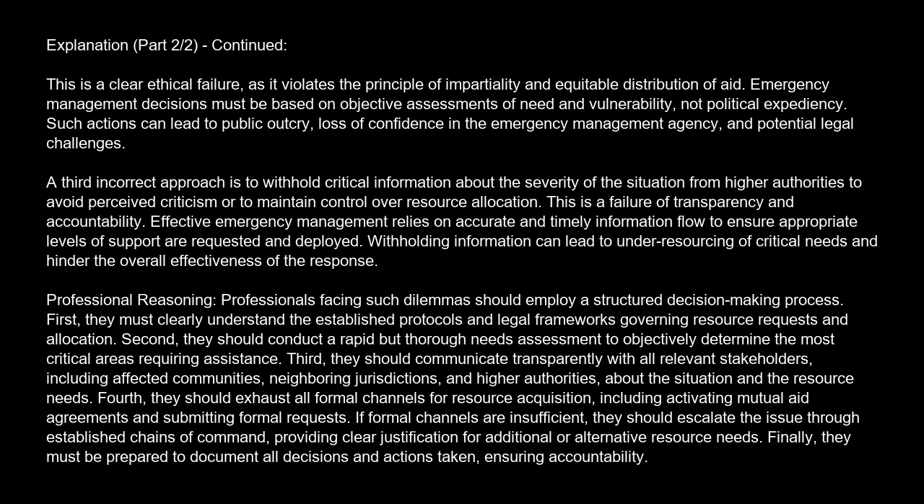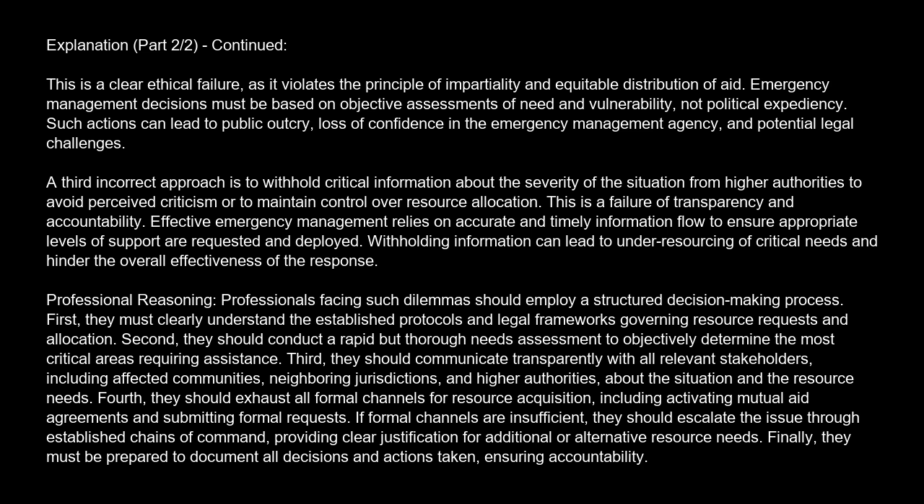Professional reasoning. Professionals facing such dilemmas should employ a structured decision-making process. First, they must clearly understand the established protocols and legal frameworks governing resource requests and allocation. Second, they should conduct a rapid but thorough needs assessment to objectively determine the most critical areas requiring assistance. Third, they should communicate transparently with all relevant stakeholders, including affected communities, neighboring jurisdictions, and higher authorities, about the situation